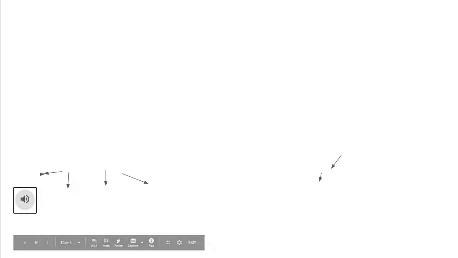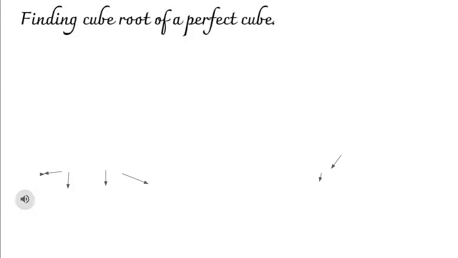Let me start our next topic, that is finding the cube root of a perfect cube by the estimation method. This is a simple three-step process which helps us to estimate the value of the cube root. Let us take the same number, the cube root of 175616. Just now we found the cube root of this number using the prime factorization method. So look at this method now. We should go step by step.